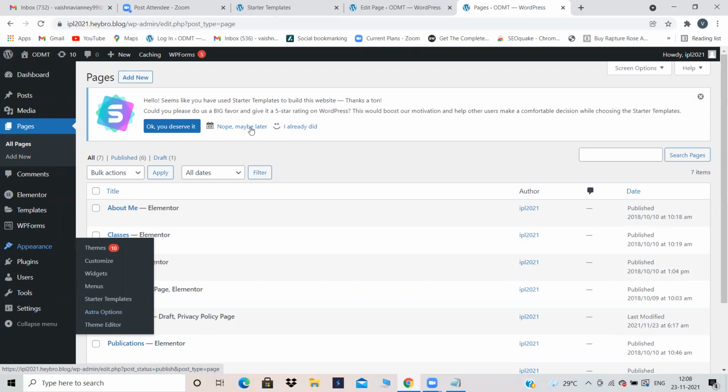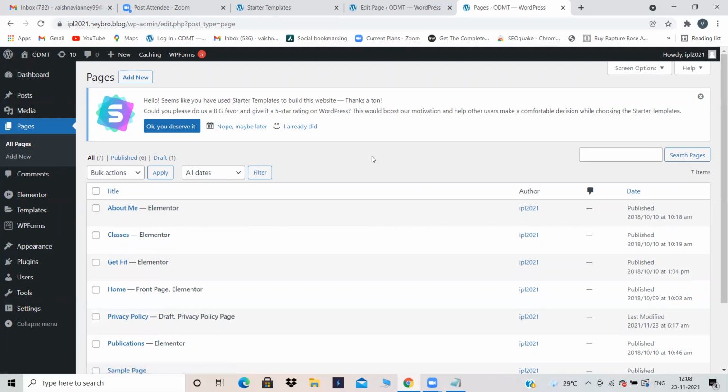After you click he will ask you which page builder you want to use. You have to select on Elementor. After that, n number of themes will be available. You have to select whichever theme you wish. And after that, what you need to do is you have to just edit that particular theme. That's it. Just wait a minute.